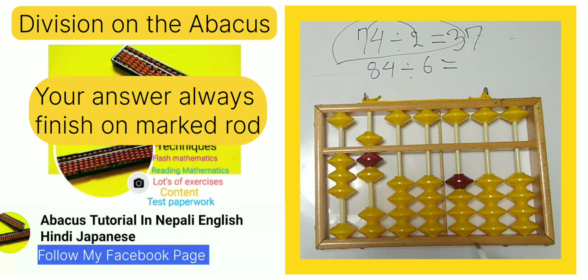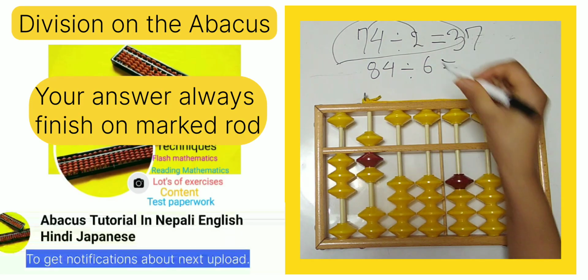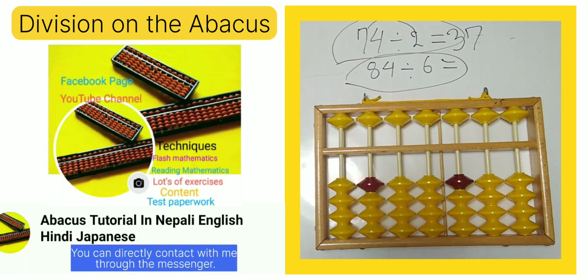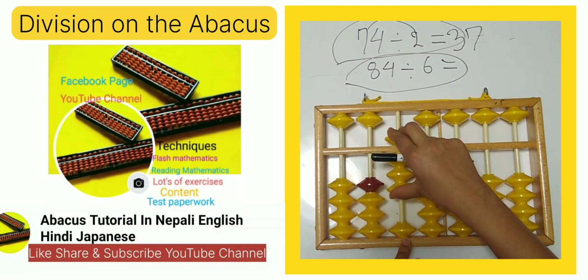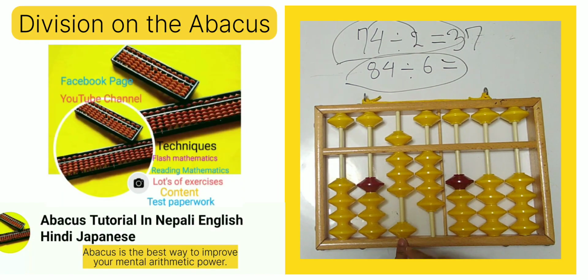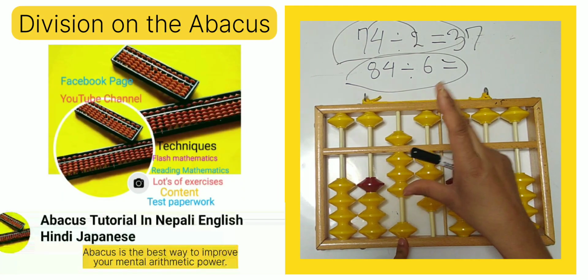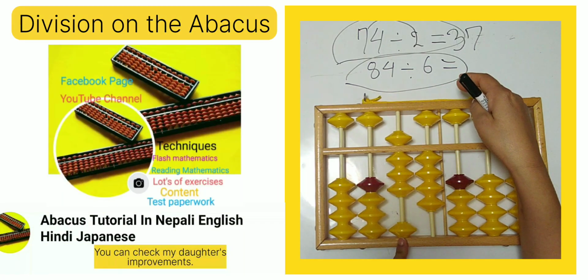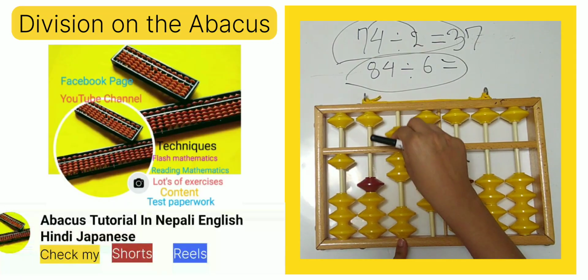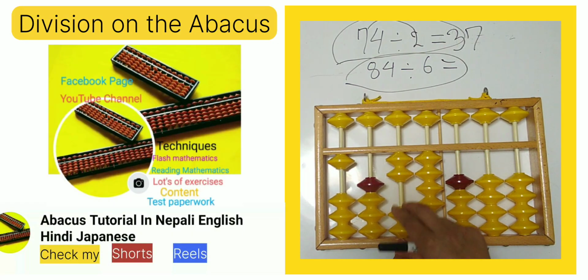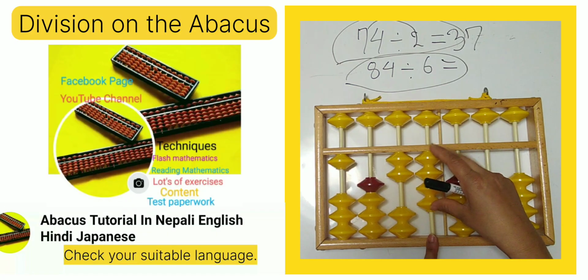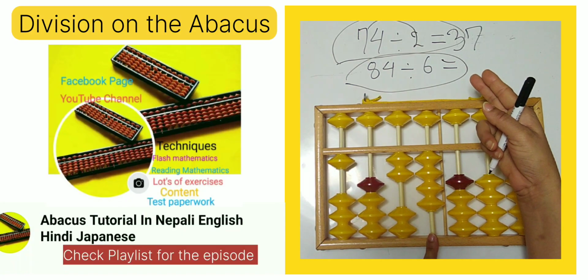Okay, so let's do another question. 84 divided by 6. Reset your Abacus. Put your dividend on the Abacus. Take the first digit, 8. 8 divided by 6, your answer is 1. 6 1s are 6. You have to reduce only 6 from the rod and take another number, and now 24. 24 divided by 6 is